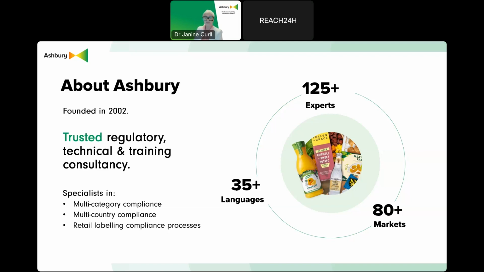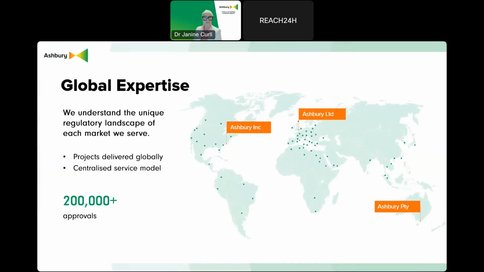and global markets. Today, we work with clients in over 80 countries, speak more than 35 languages, and have completed over 200,000 projects. With that experience, we're well equipped to help you navigate the complex world of food allergen labelling with clarity and confidence. Our headquarters are based in central London with satellite offices in Washington, DC and Melbourne.